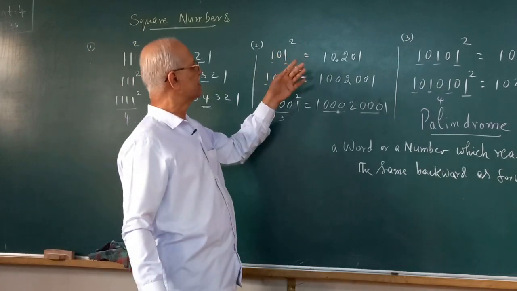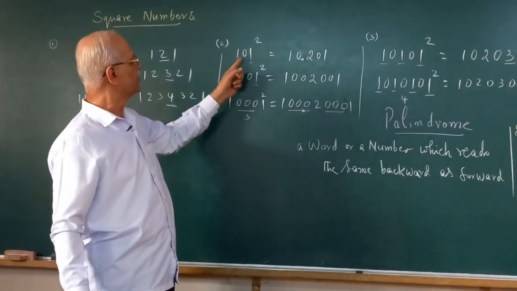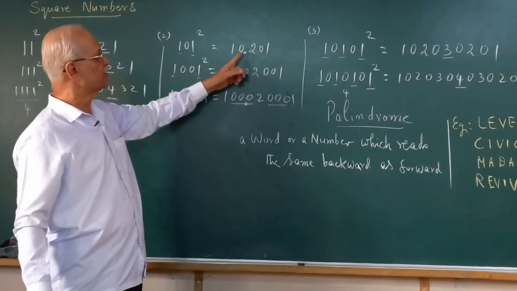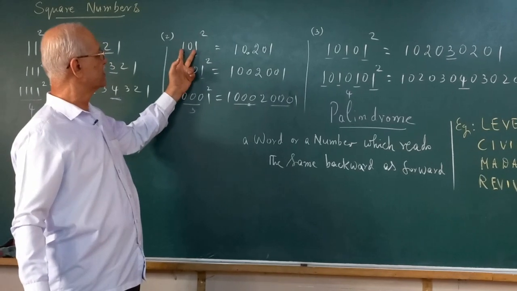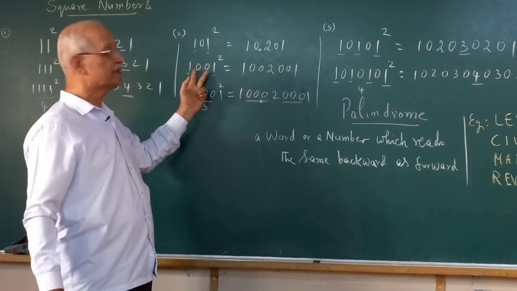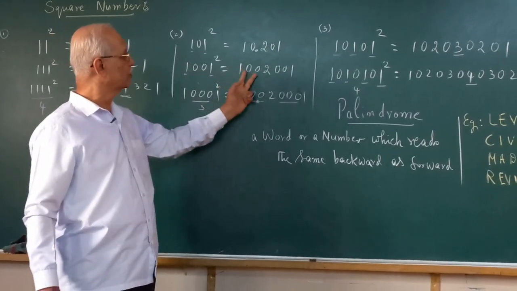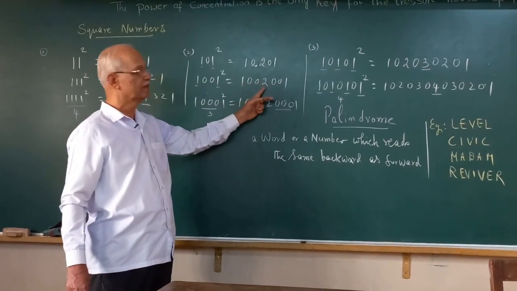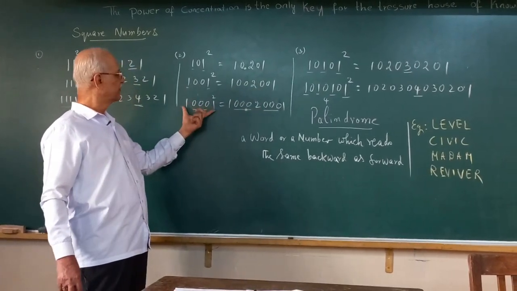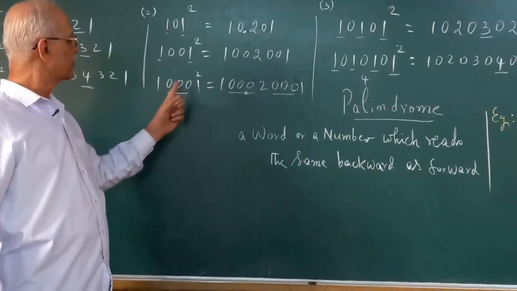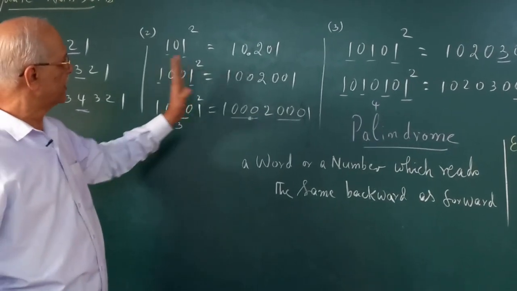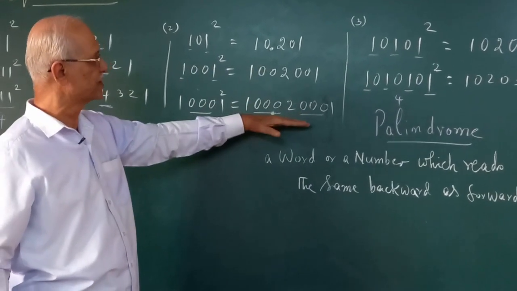Similarly, if you take up this example 101. 101, if I put 0 in the middle here, you see the pattern here. 10201. There are 2 ones here, 2 in the middle. Here, again, 2 ones are there, but there are 2 zeros in between. So 2 zeros will come on either side of 2. So this is the pattern. Here, 3 zeros are in the middle between 2's. 10,001 square. This is the square number. If you expand this or if you find the square, you get this number.